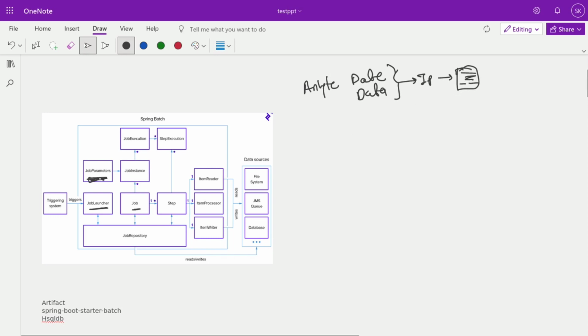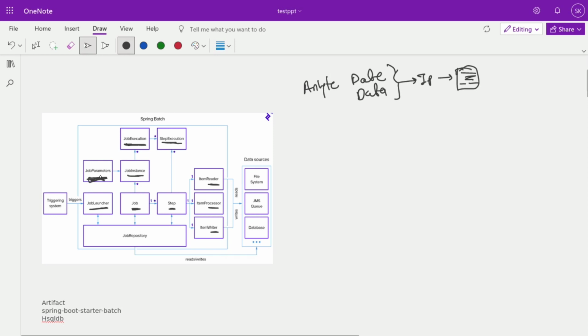Combining this job parameter and job, a job instance gets created, and this job instance is pushed into the job execution framework. After this, the job is actually built with certain steps. For example, we can say read the data we are receiving, process that data and write that data. These are the three steps and each step is required to execute. Job is a static thing, and so is a step. So job execution means each and every step needs to execute, so step execution comes here.